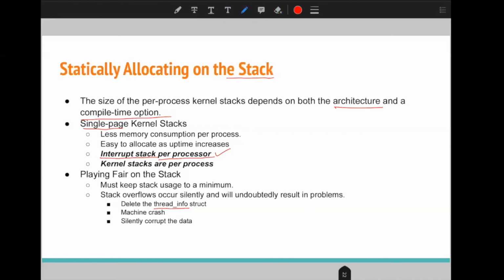So if an overflow happens, we can delete this thread_info structure. Also, it can lead to a machine crash, and we can corrupt the data of other processes or the important data in the kernel space.